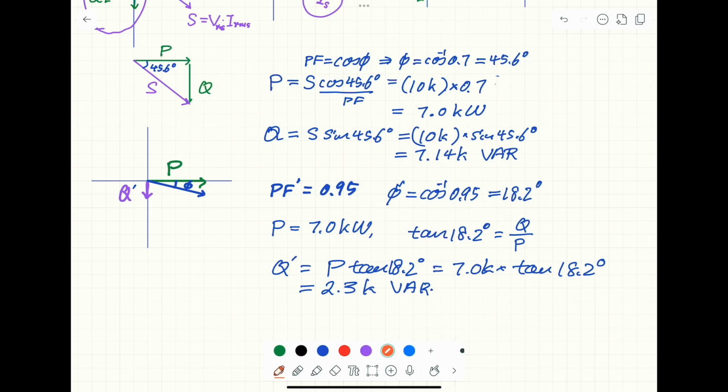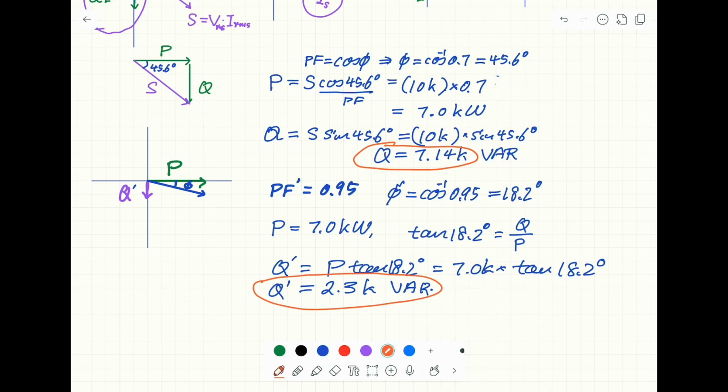Now can you see, before we add the capacitor, the Q is equal to 7.14. Now after we add the capacitor, the overall Q is